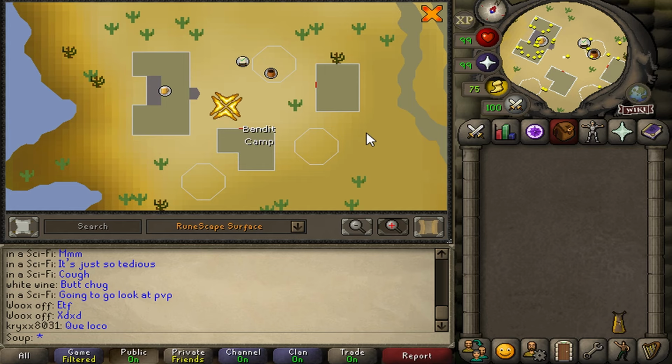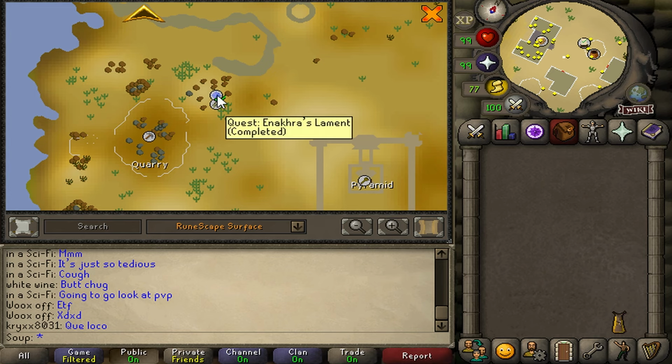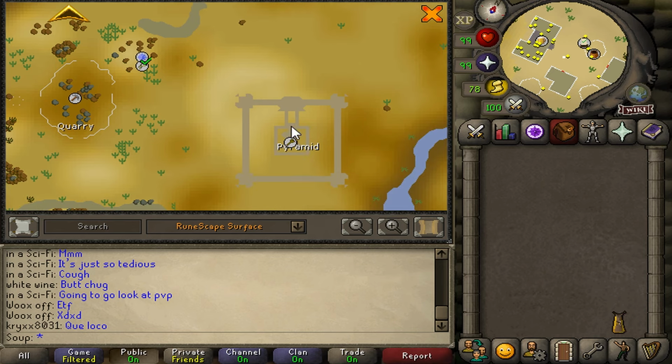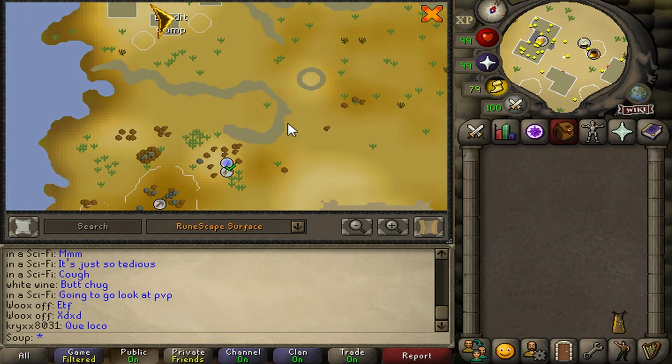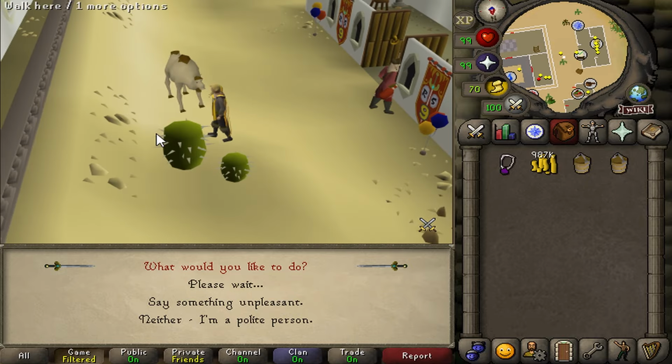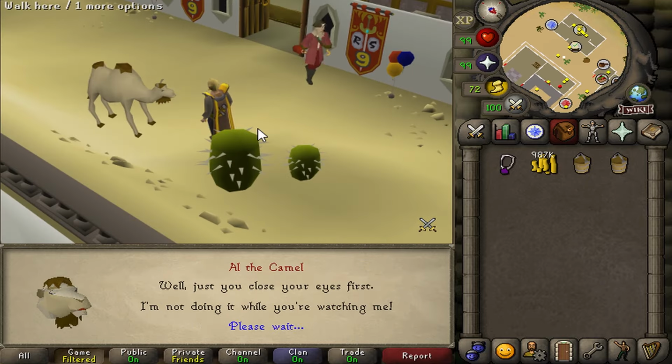The Bandit Camp isn't exactly easy to get to, and he recommended that I use a Camulet. The Camulet teleports us just south of the Bandit Camp to the Bandit Camp Quarry. The thing is, the Camulet only has 4 charges, and the only way to recharge it is to use the Uktanki dung on it. Is that how you say it? Uktanki? I don't know. Unfortunately, it's not a tradable item, so what you have to do is go to Alkarid,